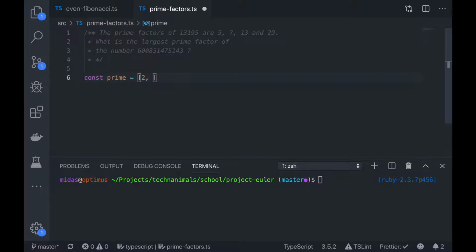2 is only divisible by 2 and 1. And then what's the next one? Let's look at 3. So we have 3. 3 is divisible by 3 and 1. And then if we look at 4, 4 is divisible by 4, 2, and 1. So 4 is not a prime number because it's also divisible by 2. So if we look at 5, 5 is divisible by 5 and 1. And then 6 will not be a prime number because it's divisible by 2 and